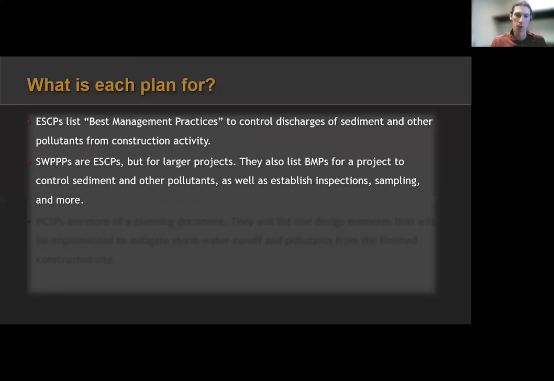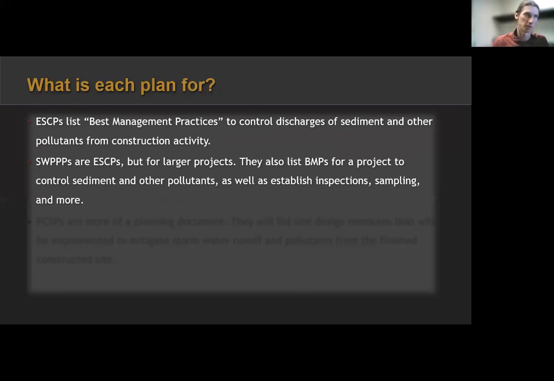generally for a construction general permit coverage. That's what's requiring it, which is for larger projects, projects that are 1 acre or greater. There's an asterisk there because we'll come back to when a plan is required, but they cover the same thing.